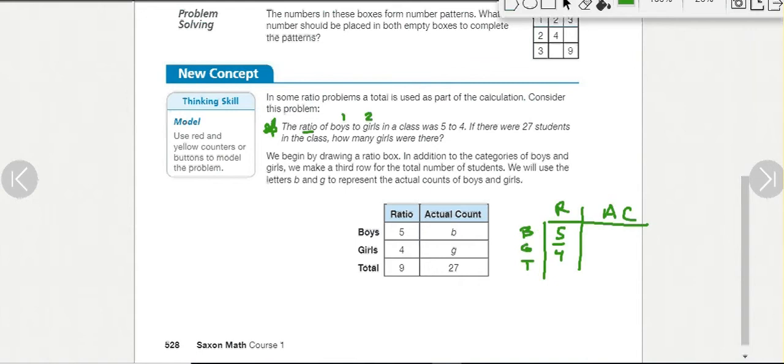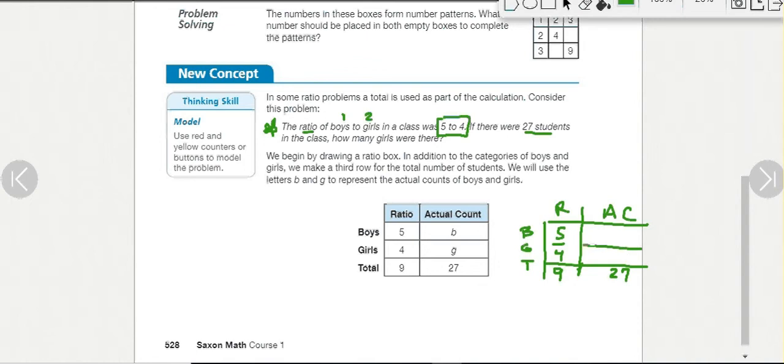Follow the order. If there were 27 total students, all right, that's the actual total, all right? Actual total goes over here. That's this total of the actual amount. Well, what's the total in the ratio? If it's 5 to 4, we just add those two simplified amounts to get 9. We put that in the ratio total. And then the actual counts total